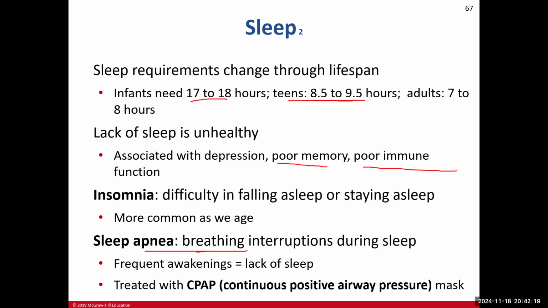Yeah, they got the CPAP, and the CPAP, as you can see there, is continuous positive airway pressure. What does that mean? A lot of times when people are sleeping with sleep apnea, they'll stop breathing. And then they'll start themselves again. I was reading this article, and this lady was